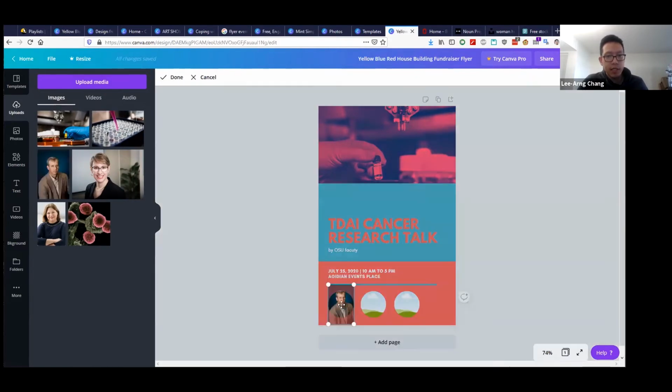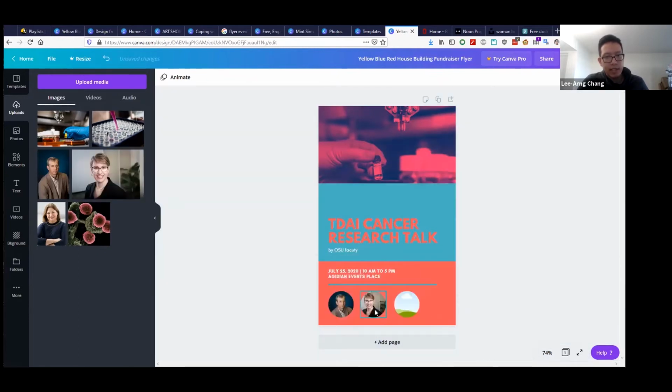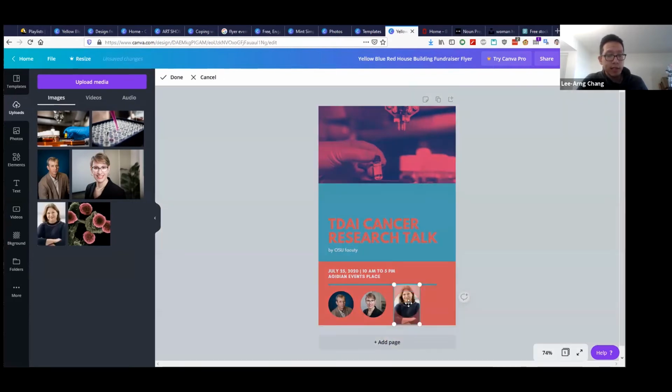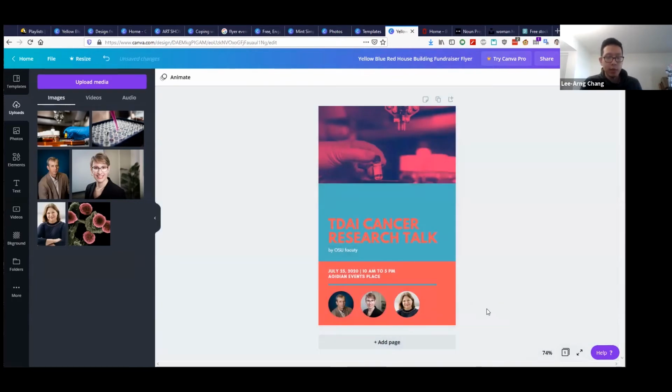And then I'm just going to double click to do some editing. So it's as simple as drag and drop, with some more intuitive editing features compared to, say, PowerPoint. And if you wanted to, you could definitely do this in something like Photoshop or even Illustrator or InDesign, any of the Adobe products.